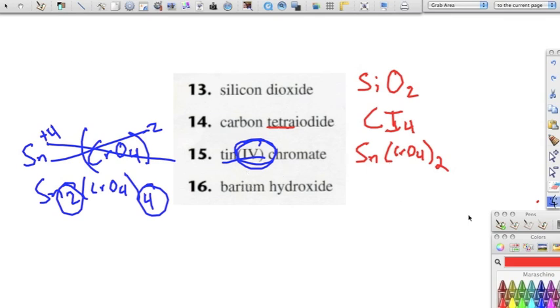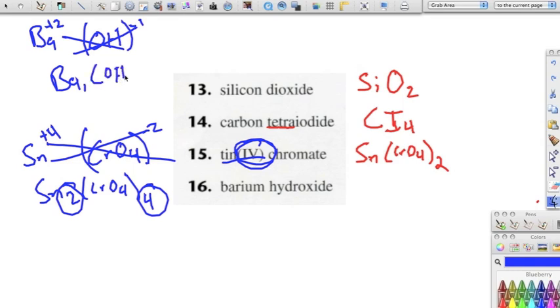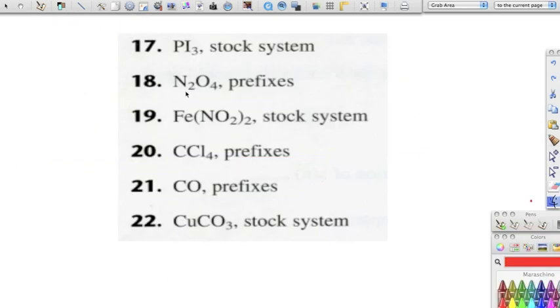And finishing off with barium hydroxide, we see that we have barium. It's an ionic compound because there's a metal. So barium is going to be just Ba. And then hydroxide is a polyatomic, it's OH. And what we're going to do is crisscross the oxidation numbers. We see that barium is going to have a +2 oxidation number, hydroxide is -1. Crisscross those guys and we get Ba1(OH)2. Okay, which would just be written without that 1, just Ba(OH)2. Okay, moving on to 18, and we see that 18 is going to be a covalent compound, so we